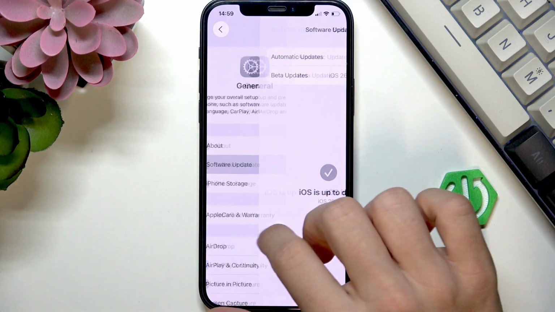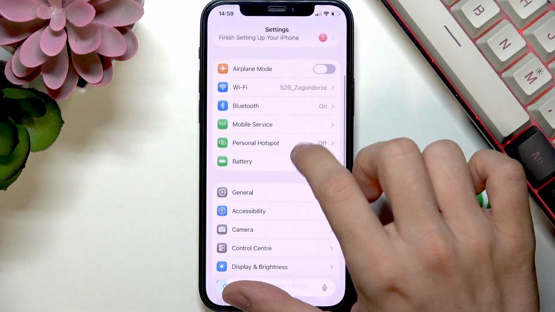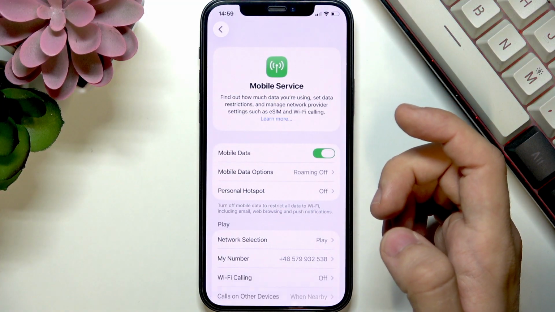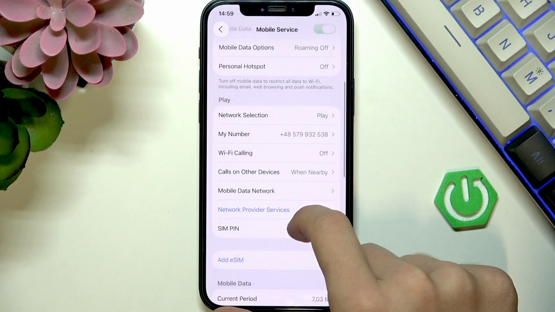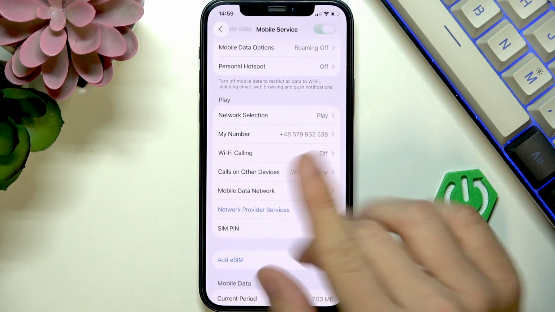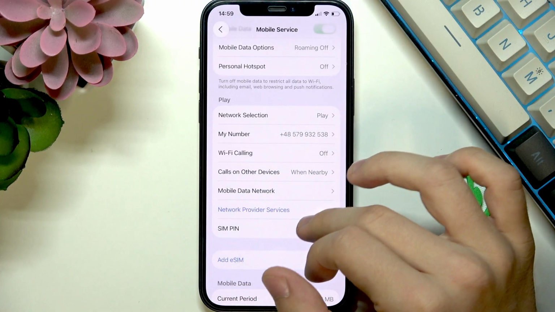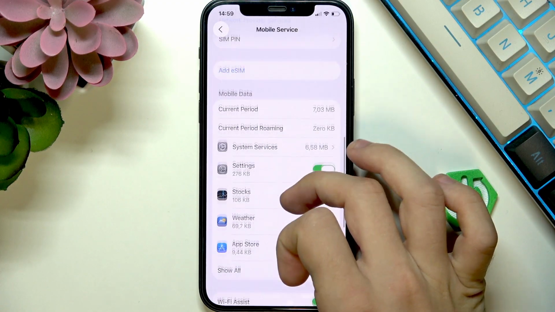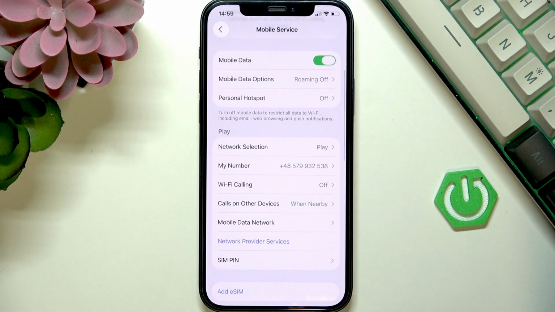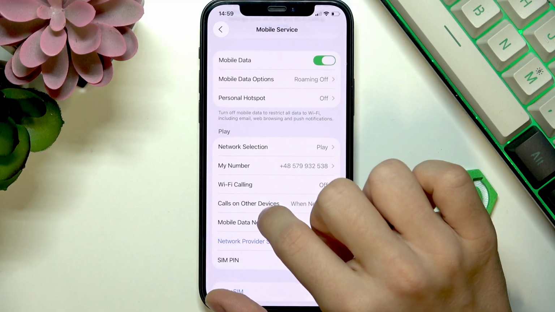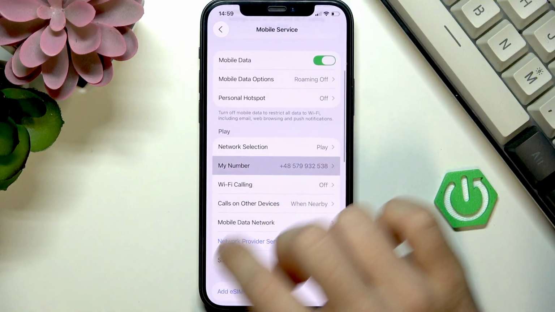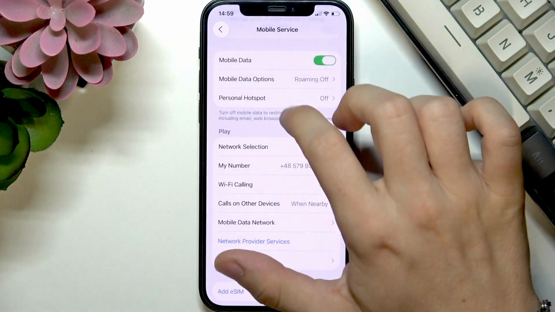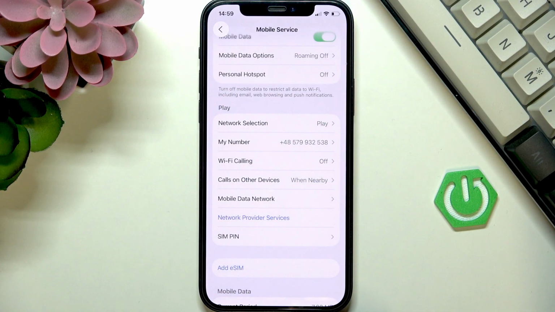Now in the Settings app, go to Cellular or Mobile Service, and then make sure that your phone line is turned on. You just need to make sure that your phone line is on, right? Here make sure that everything is fine, that your network is selected, that your number is being discovered, and it's entered correctly,